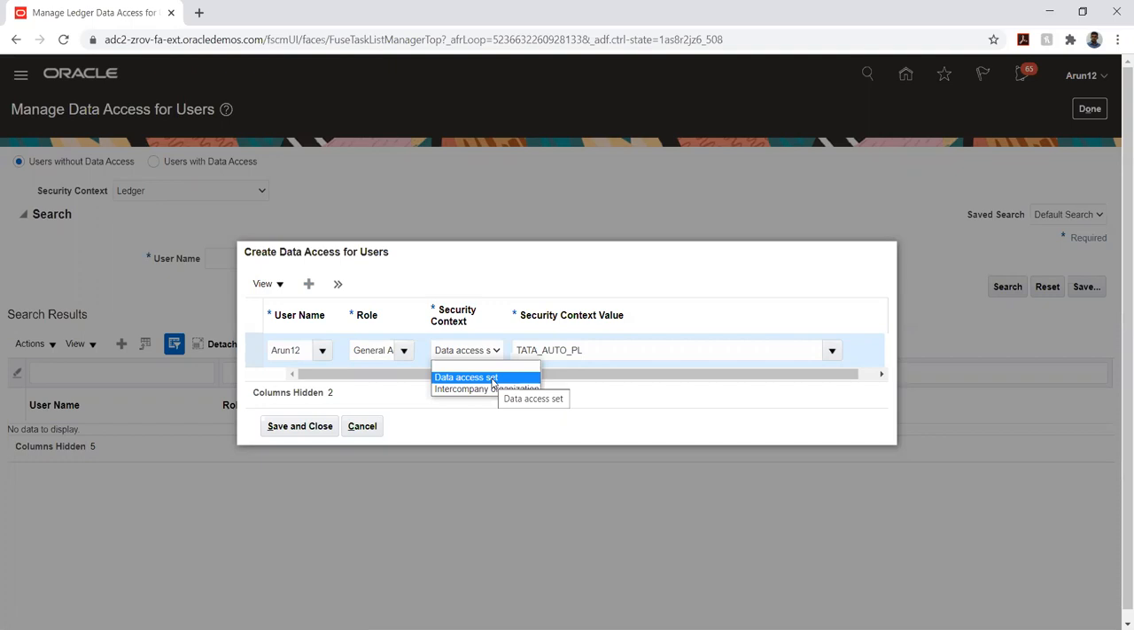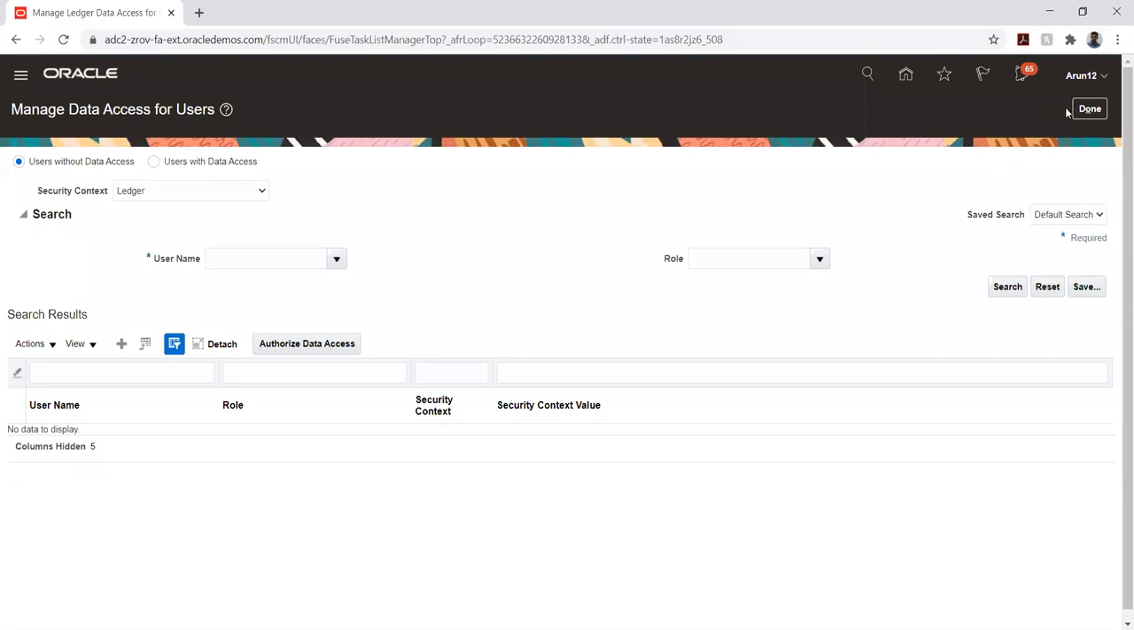This will be created by the system automatically. If you see, in the entire configuration, we didn't create any data access set called Tata Auto PL. So this is automatically created by the system. The naming convention is also generated by the system based on the ledger name that we have given. The ledger name that we gave is Tata Auto PL, so the system has taken the same name and generated the data access set. Okay, so that's it about the roles assignment. So we have assigned the roles,